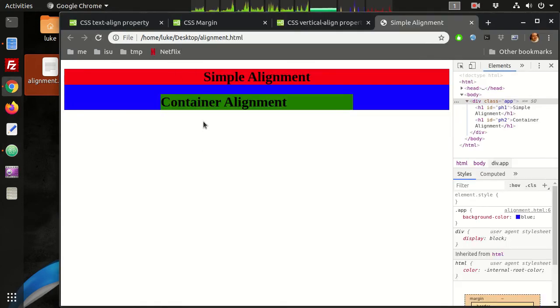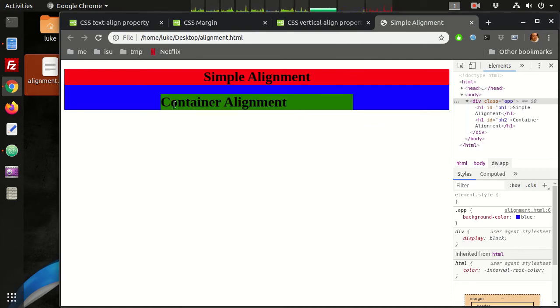Okay, so we noticed initially, before I added that background color, that this text is not centered within the div, right? It looks sort of centered, but not quite. When we added the background colors, we can see a little better what's actually happening. Our app div is blue, and this page heading 2 is green.